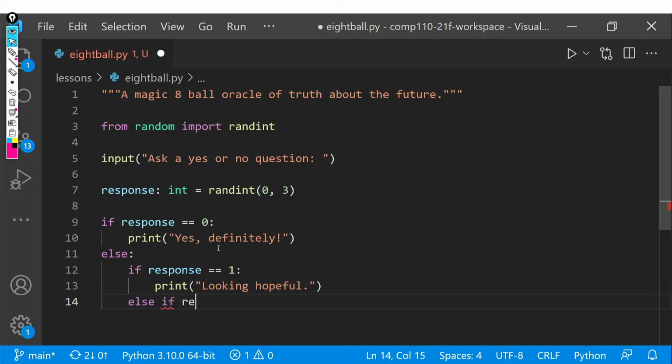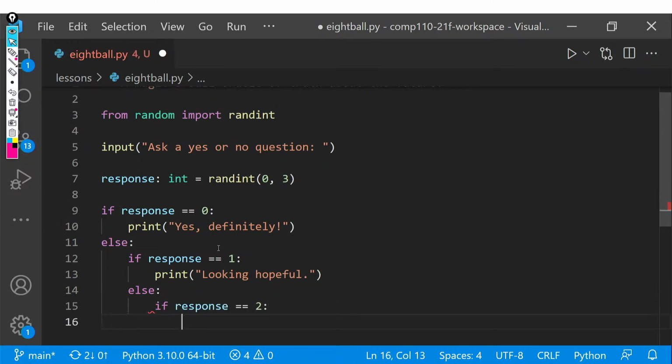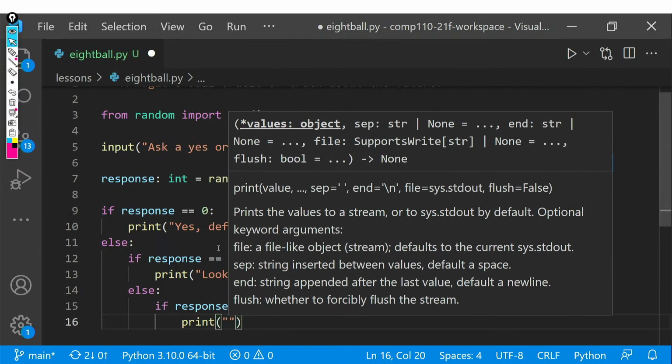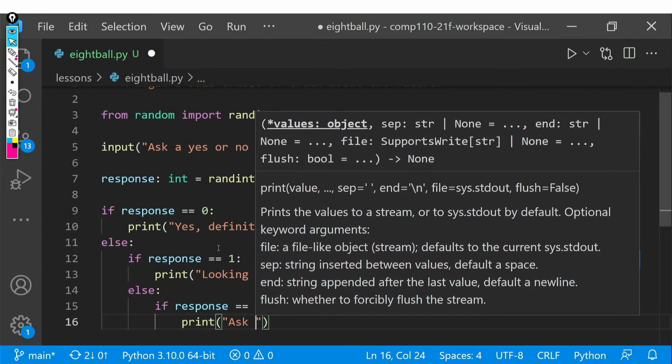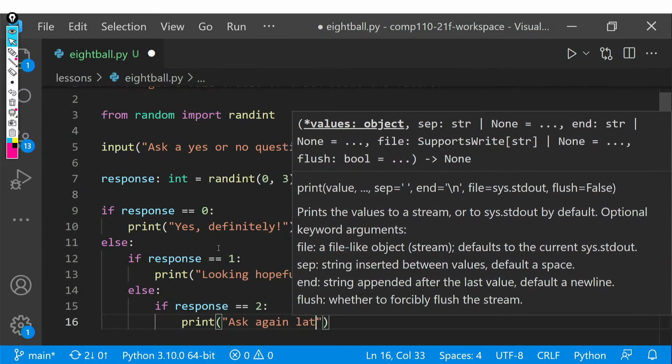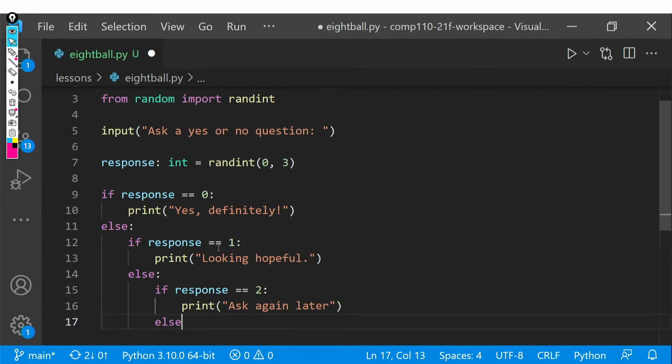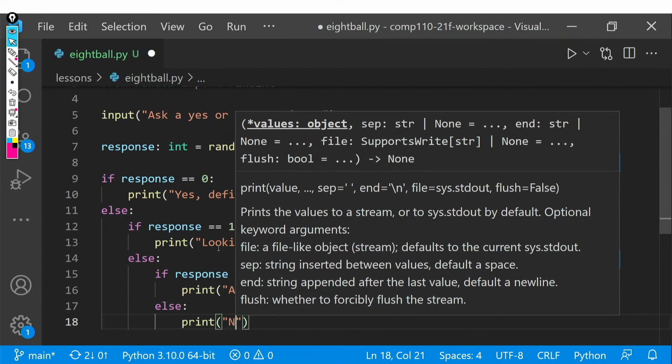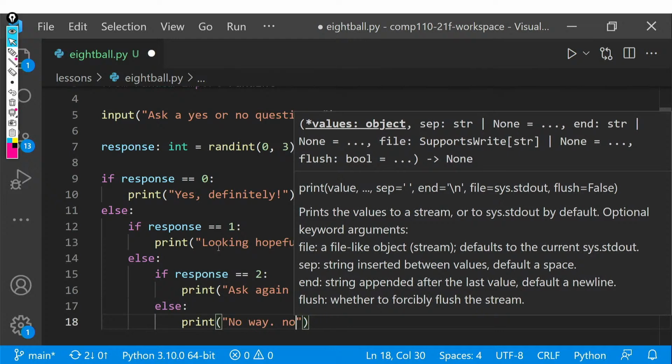Else, if response is equal to 2, print doubtful, or ask again later. That's a little bit better. And then finally, else, print no way, not a chance.